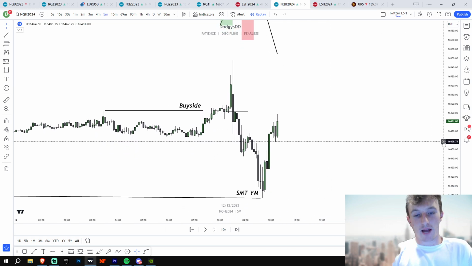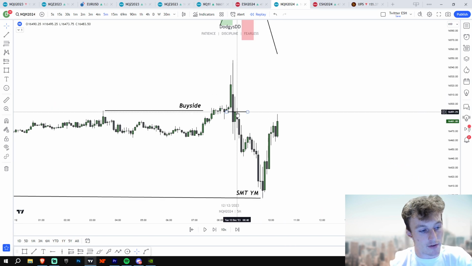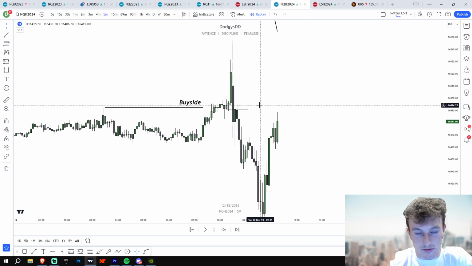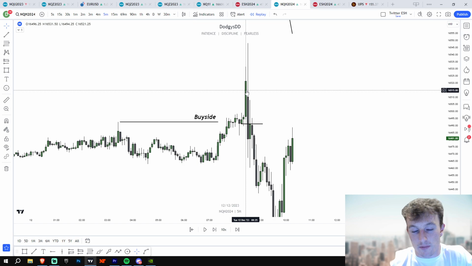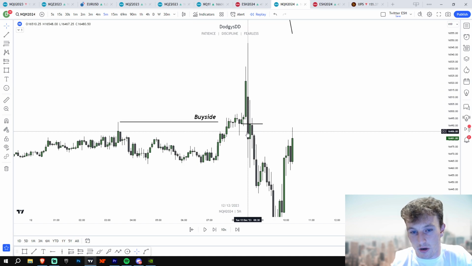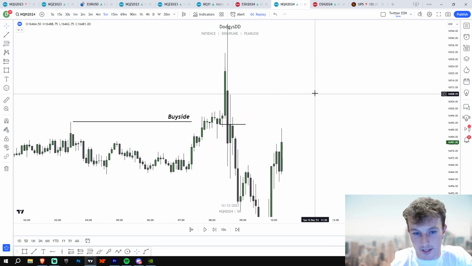I think the most high probability one is probably this one, okay? But if you're really confident in bias, this can confirm bias for you. So I think this is the highest one for sure. It's just looking for those up close or down close candles, and then a close back below that last up close or down close candle. So just like in here, we need to see a close. If it's a wick, it doesn't count.